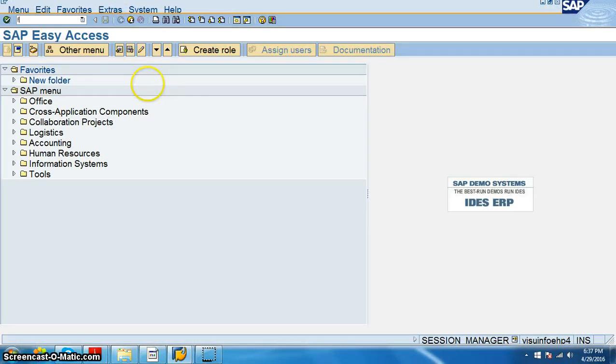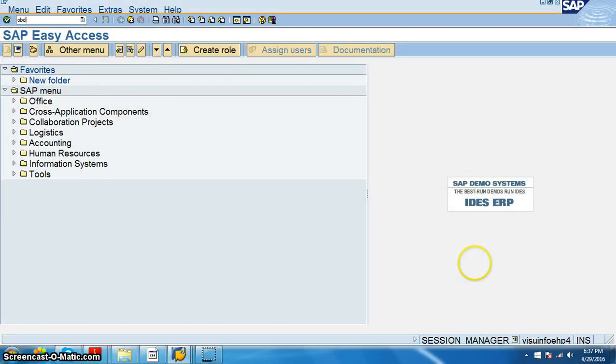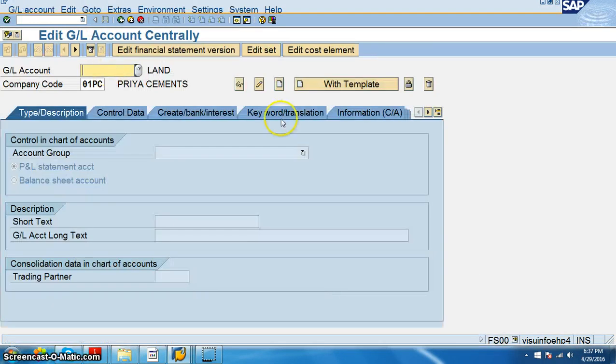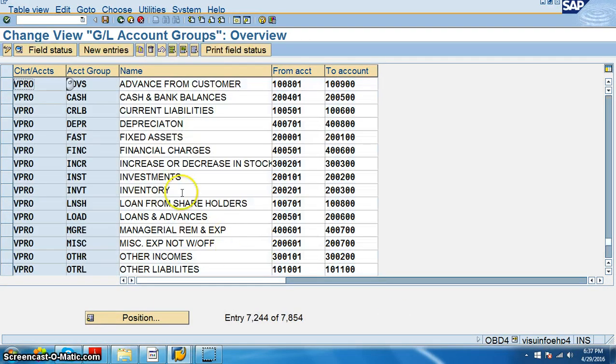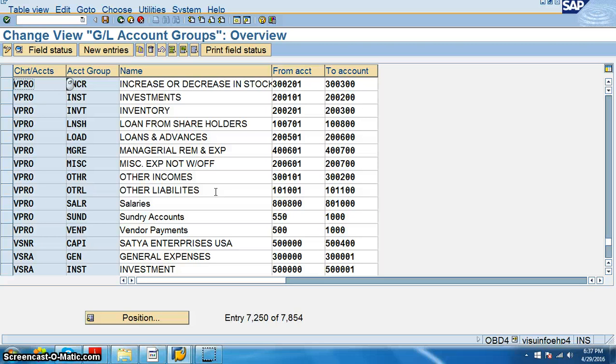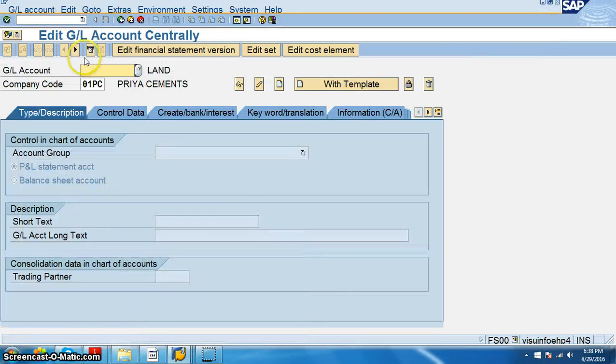Next, we'll go ahead with the GL account, FS00, just for maintaining the interest. FS00 will create something like, let's check OBD4. Now in OBD4, the chart of accounts is VPRO, and for VPRO we have interest rate, loan and advances, 200501, 200503, and VPRO is the company code.